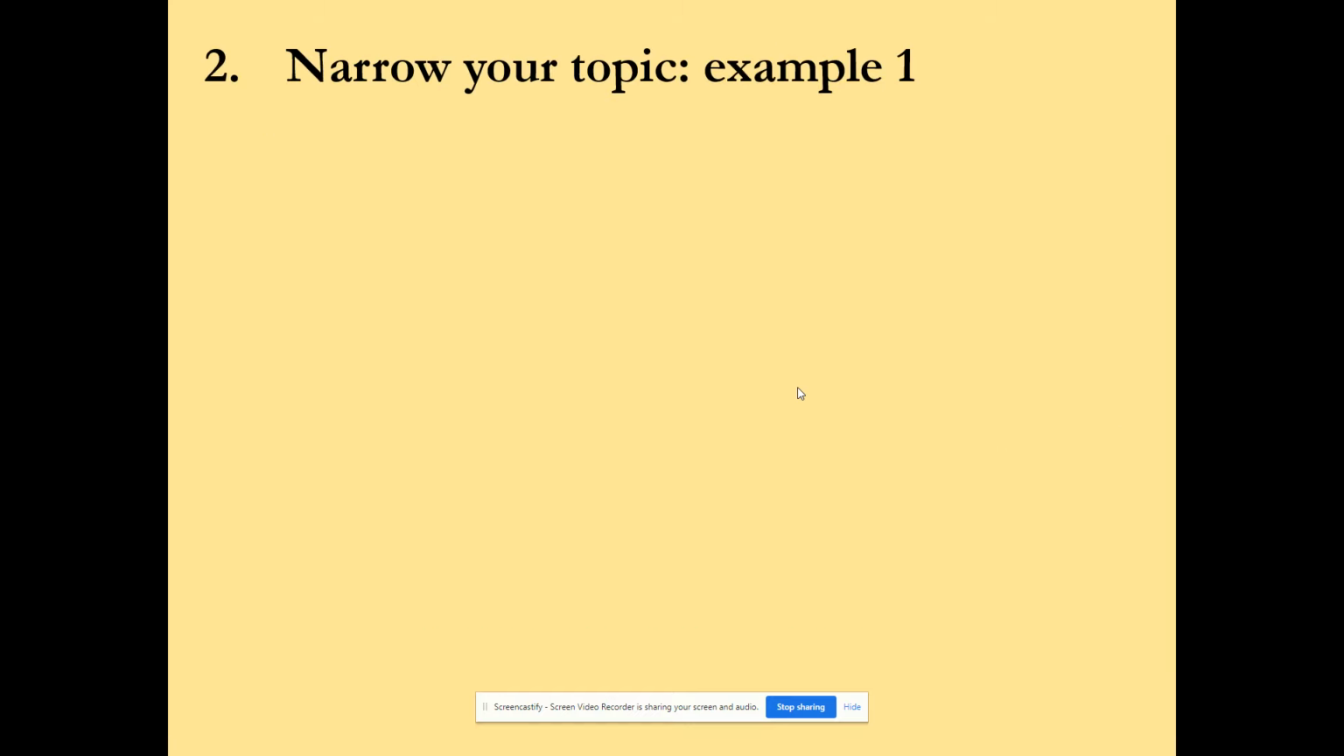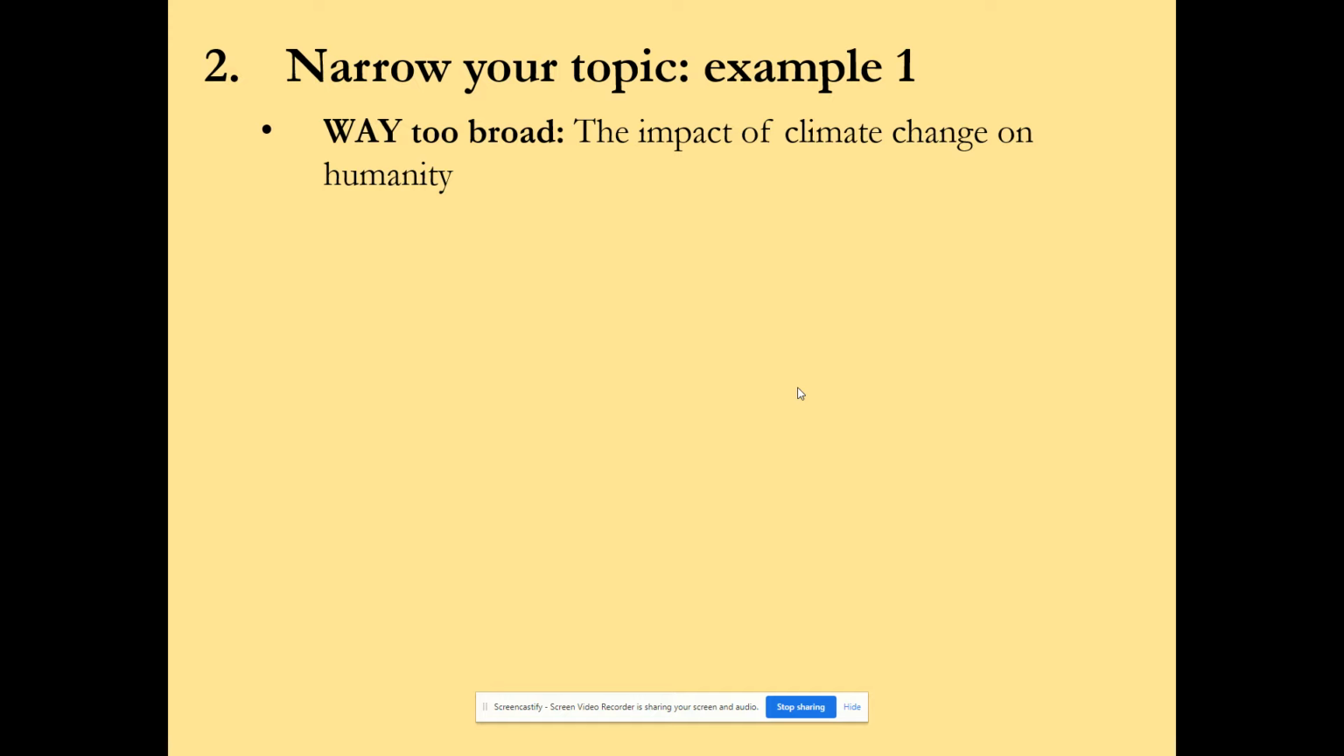So here are some examples. Starting with the non-examples. Here's an example of a topic that is way too broad: the impact of climate change on humanity. Like, whoa, slow down. That is not even going to work. The impact of climate change on humanity is the subject of numerous books. This one is still too broad: